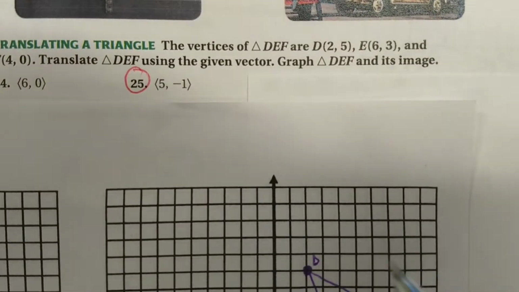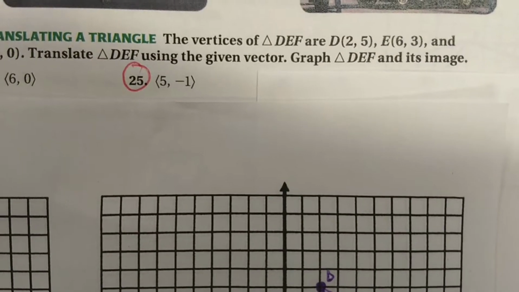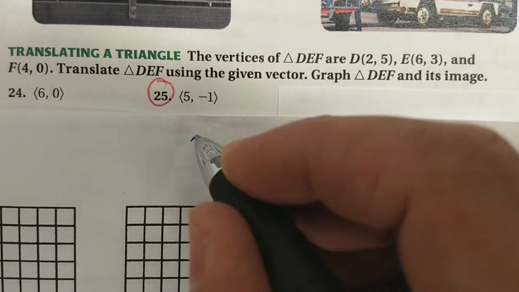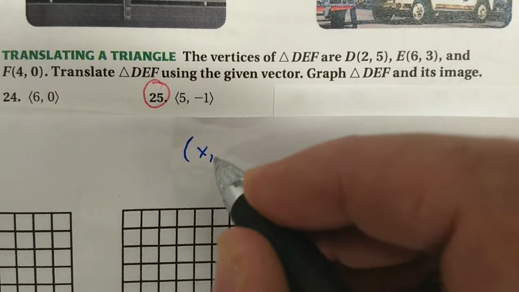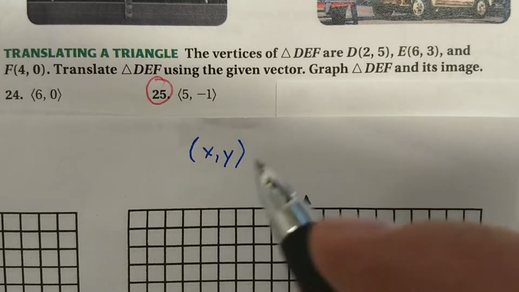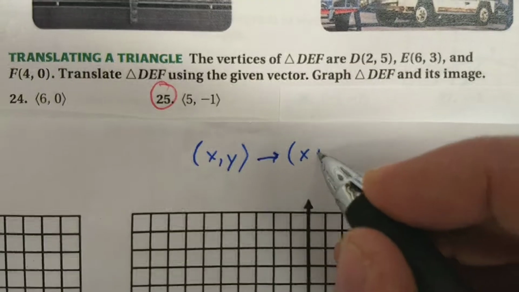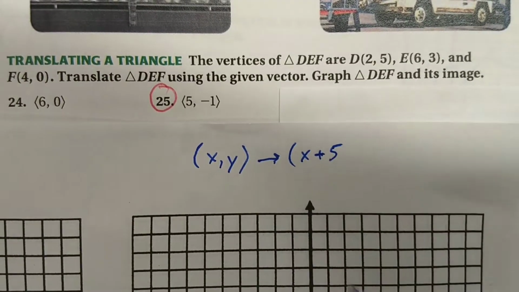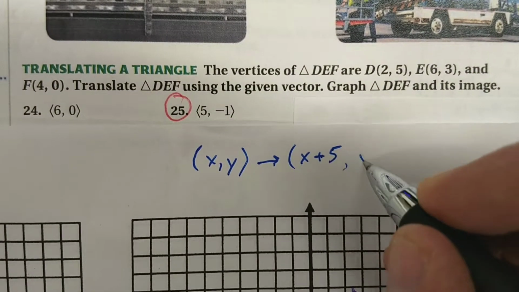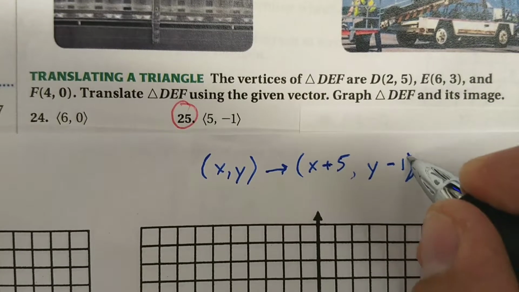Now remember, a vector is a quantity that has both direction and size. If we wanted to, we could rewrite that as a rule that maybe we're a little bit more accustomed to. This vector is saying we're going to take every point and we're going to shift it in a certain way. We're going to take the x value and shift it 5 units to the right, a positive direction, that's shown here. We're going to take the y value and we are going to shift it down 1,